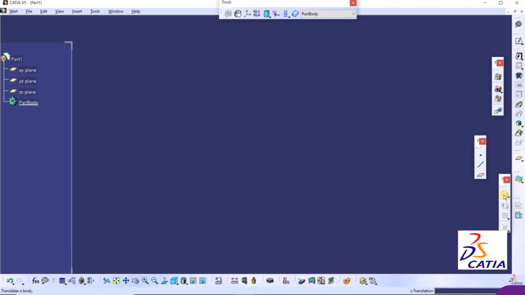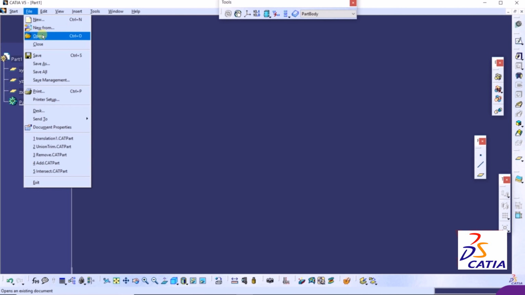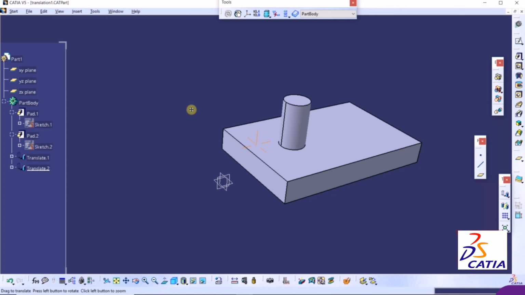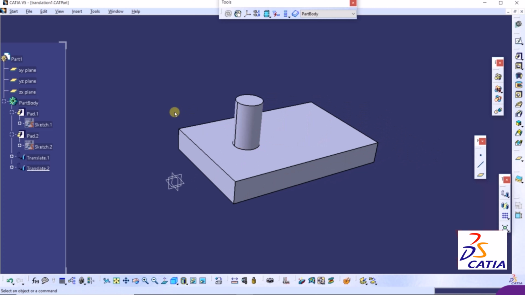So right now the commands are not highlighting, so we have to create some 3D feature. So I go to File and Open. In this I will open up the file, that is translation 1, and click on Open. In the geometry we can see we have created two pads. This is pad 1 and this is pad 2. On this geometry we are going to use the transformation features. So I go to this transformation toolbar, click on this arrow, and the first command it is highlighting is the